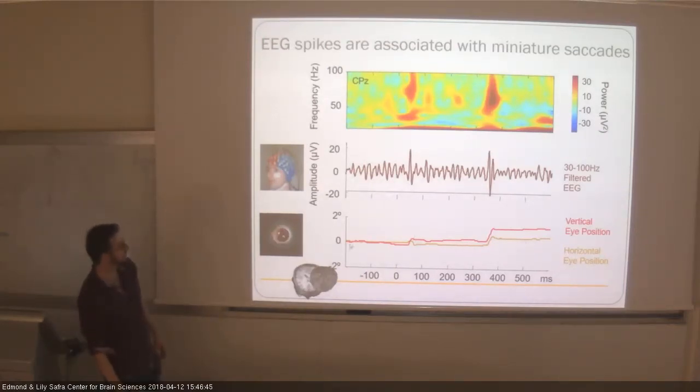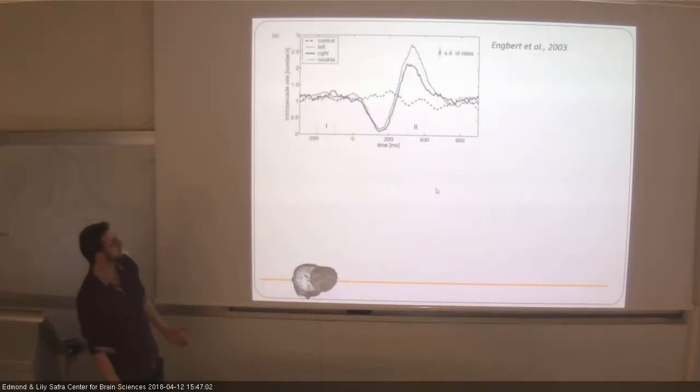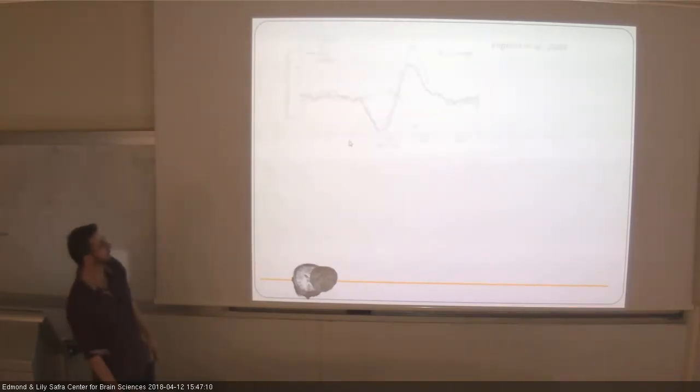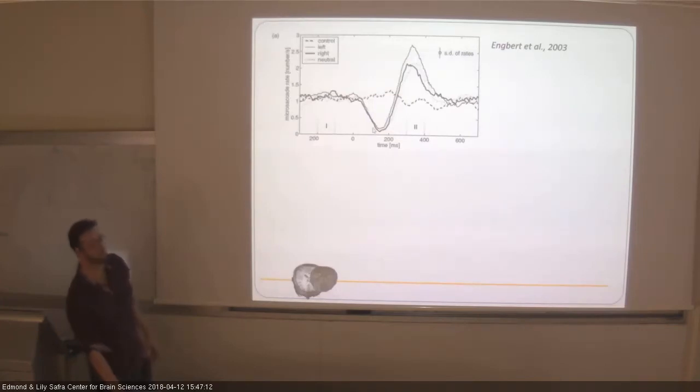So if this is the eye tracking data, where you can see the eyes move, and this is the 3200 Hz filtered EEG from around the eyes, and this is the time frequency representation of this signal. Okay, so what is happening is that these spikes introduce this kind of broadband frequency increase, and the problem is that whenever a stimulus is presented,